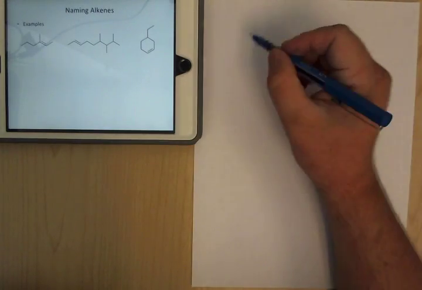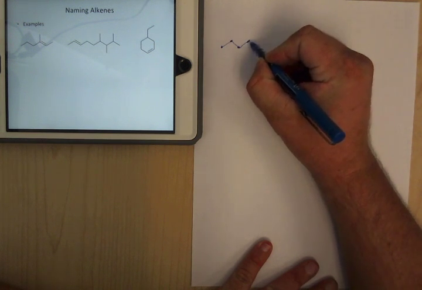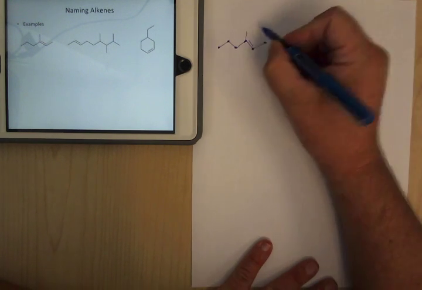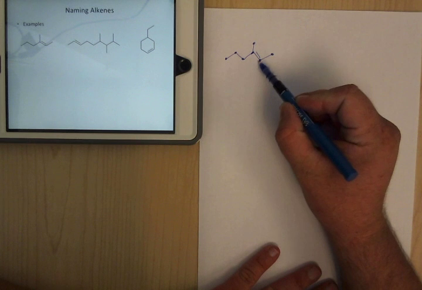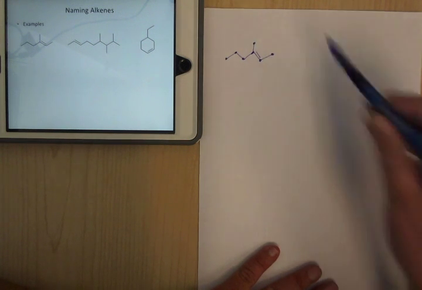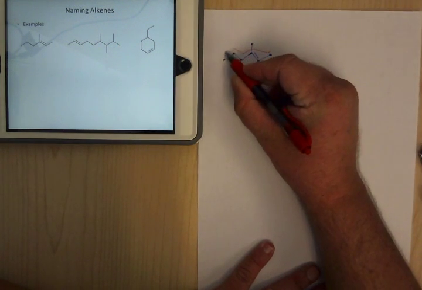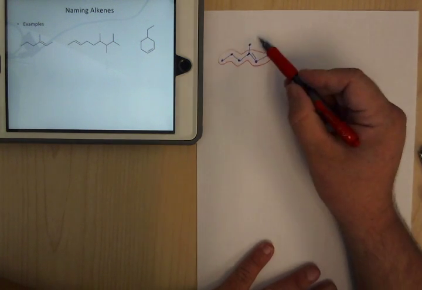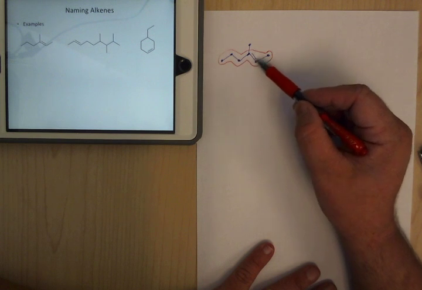Okay, so here we go. So 1, 2, 3, 4, 5, 6. So here's the main chain. It has to include that double bond, even if you can find a longer chain. We'll talk about this in a minute. Even if you can find a longer chain